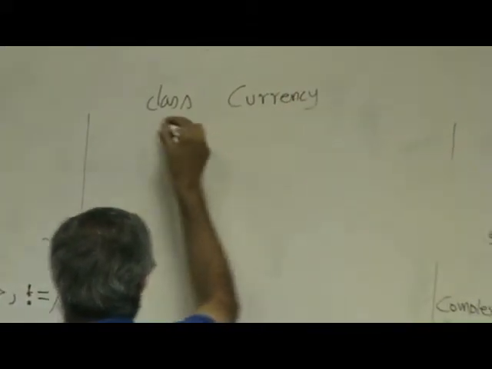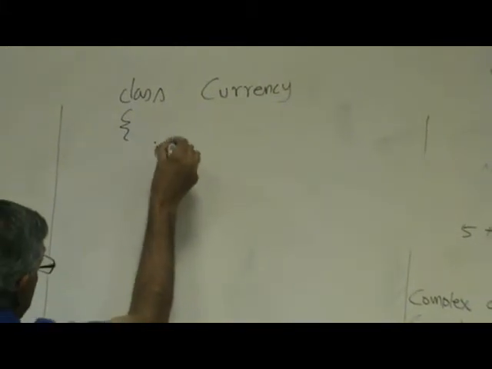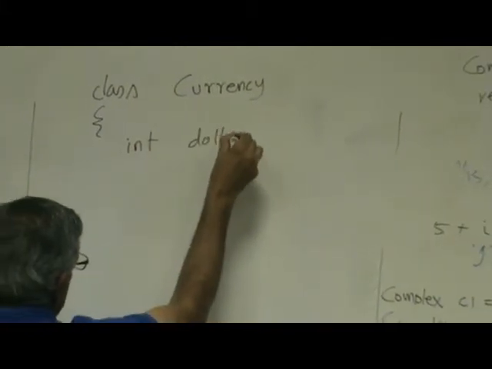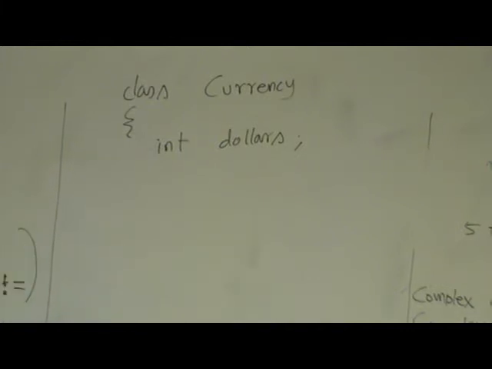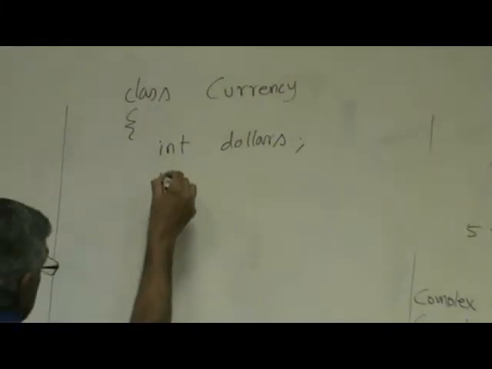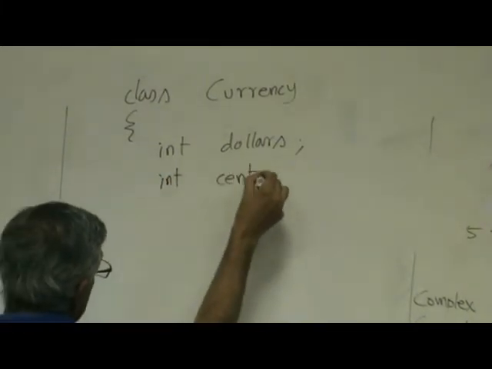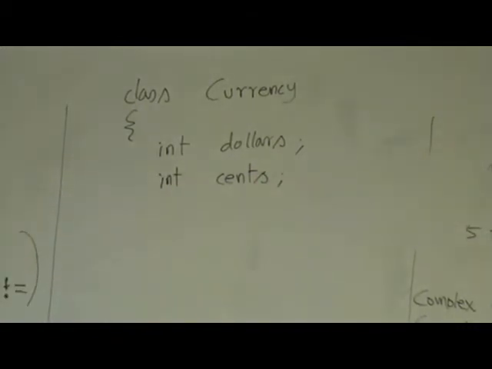What will it look like? You will have int dollars and the corresponding public get and set. You will have int cents and the corresponding get and set, right? You will provide the two constructors, which you already are very good at. So let's take a look at